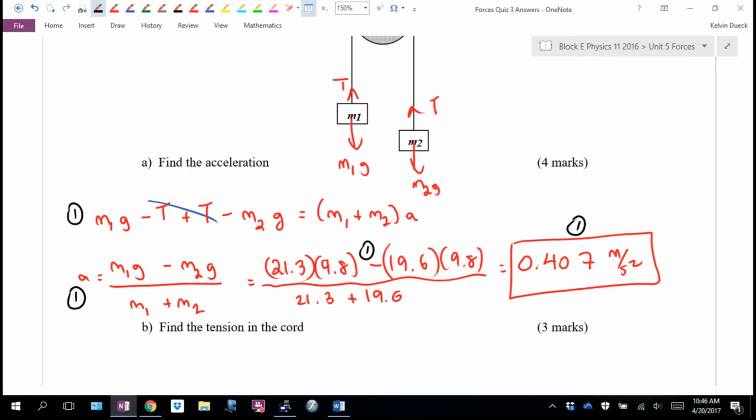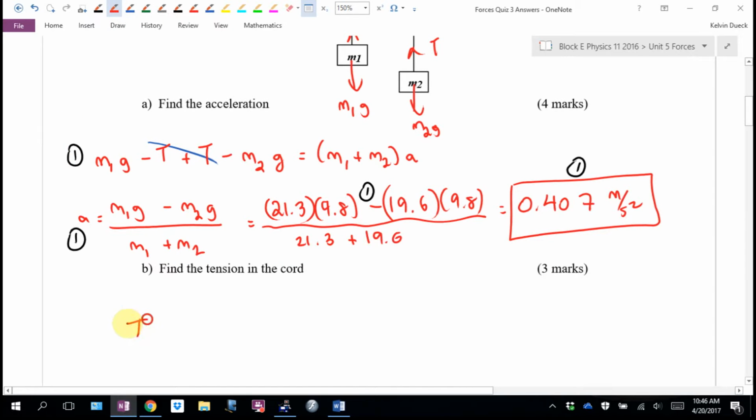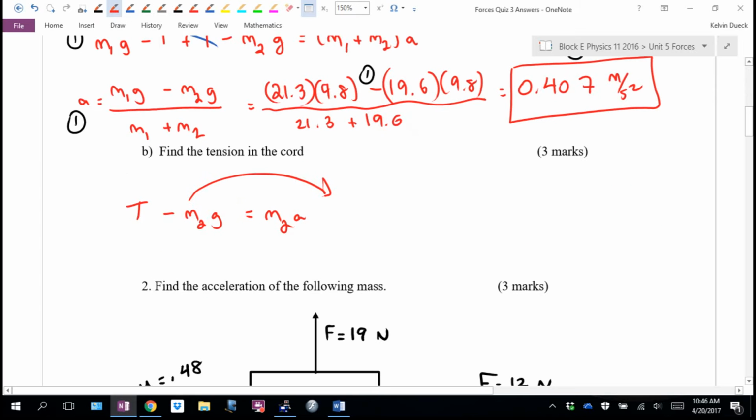Find the tension in the cord. I'm going to find the tension using mass 2 because in that one, tension is a winner. You could find the tension using mass 1, and you'll get the same answer as us. You'll just have to do one extra line of work, and I'm lazy in a good way. Who's winning? Tension. Who's losing? M2G. That equals M2A. This is way easier to get the tension by itself. It's going to be M2A plus M2G. M2 was